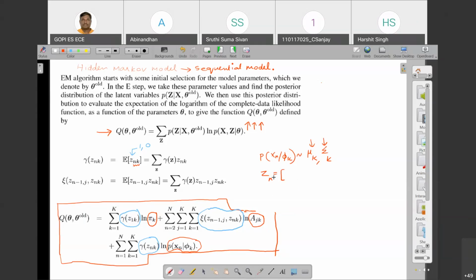So if I have Zn1, Zn2, it means this is the value. Suppose the value here is 1, then Zn1 taking the value 1 indicates that it is getting generated from the first state. If it is 0 and 1, then it is getting generated with the second state. It is like that. So in short, what I'm trying to say here is Znk